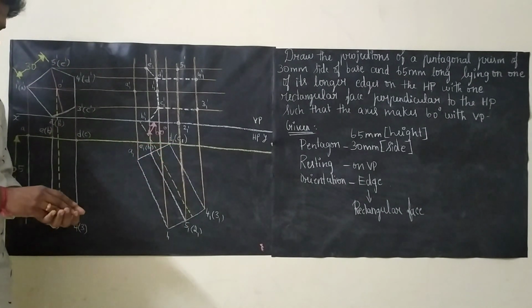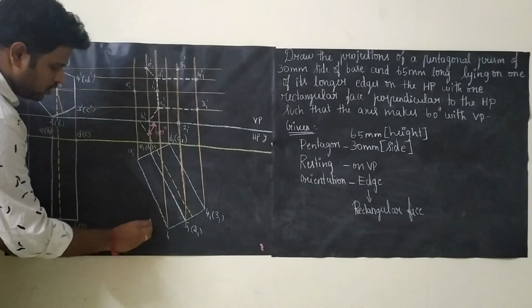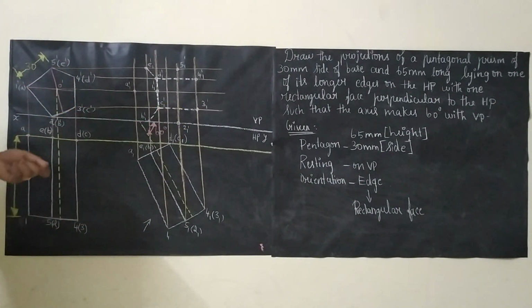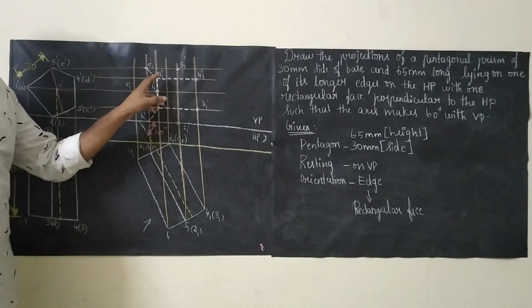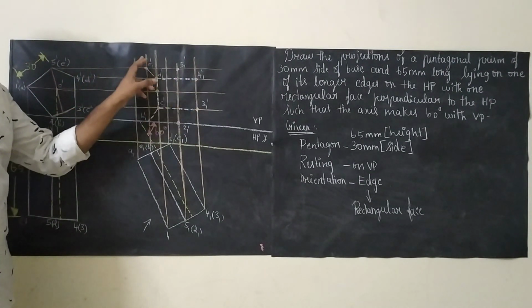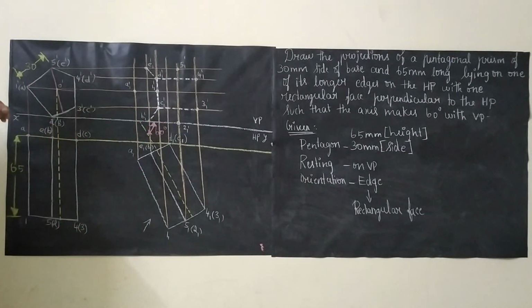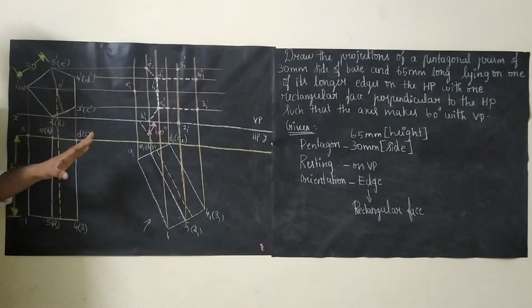We can't see, right? When we see from here, we can't see this edge. So D and C is also hidden. So only these lines should be hidden: D1, D to 4, C to 3, D to E, and D to B. Only the height. Draw a hidden line. The hidden line is a continuous dash. It should be drawn with an HB pencil. Then just join all the remaining edges, and you will be getting the solution.